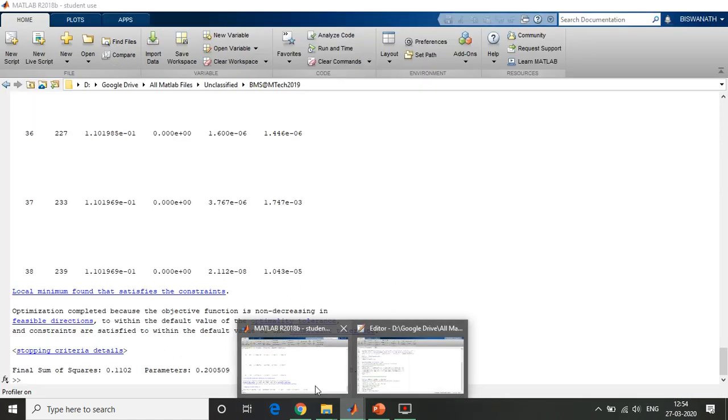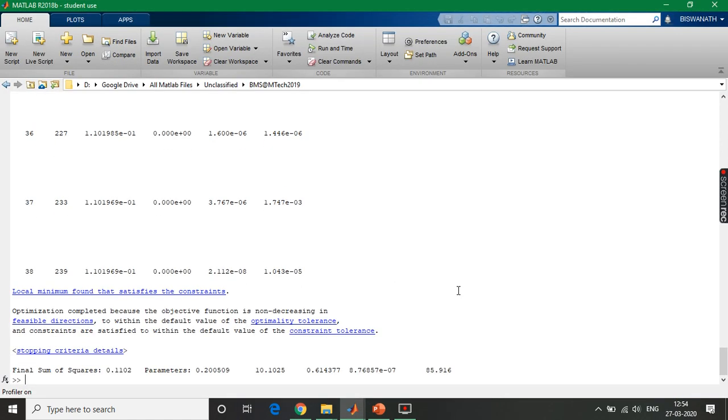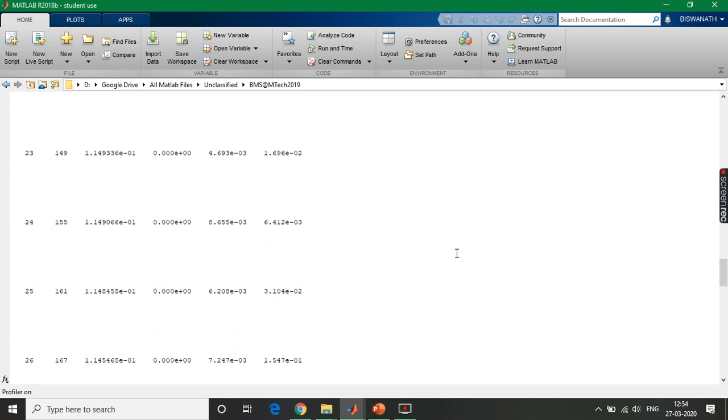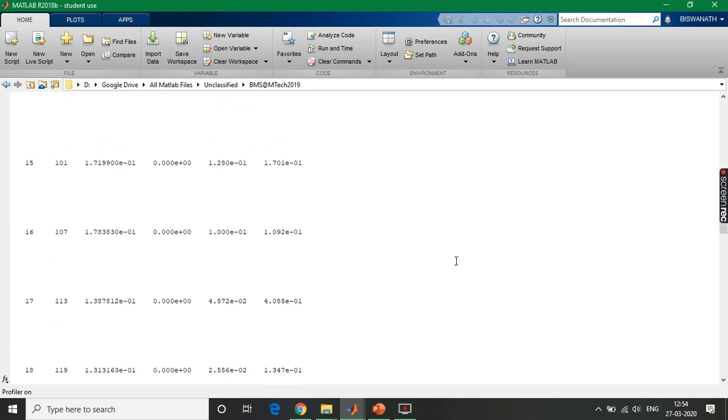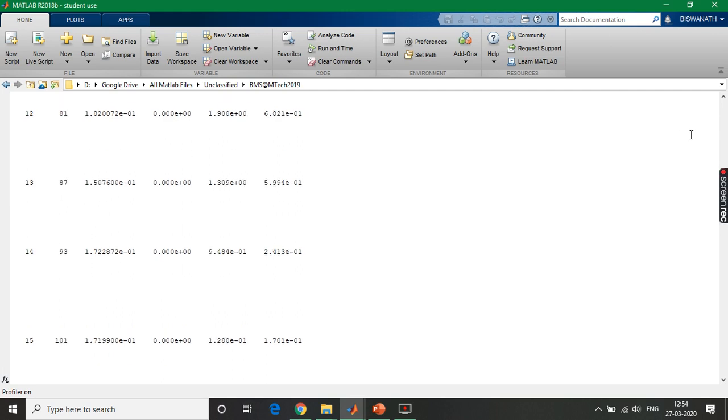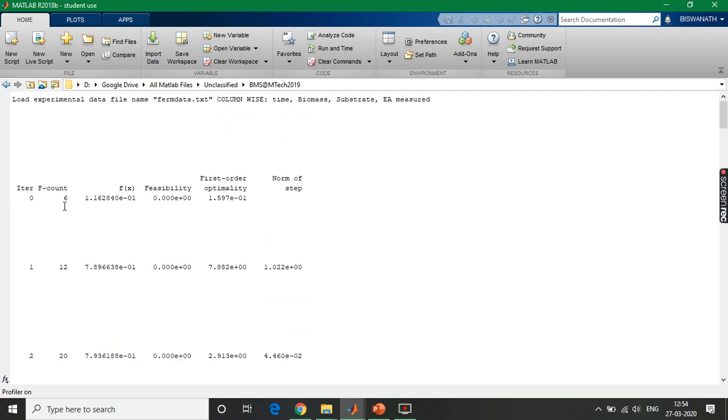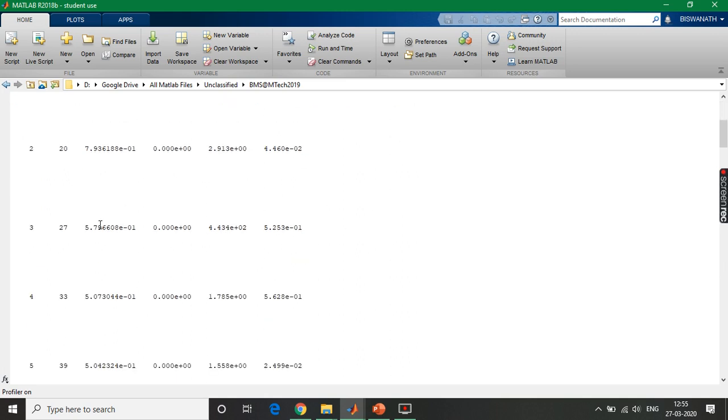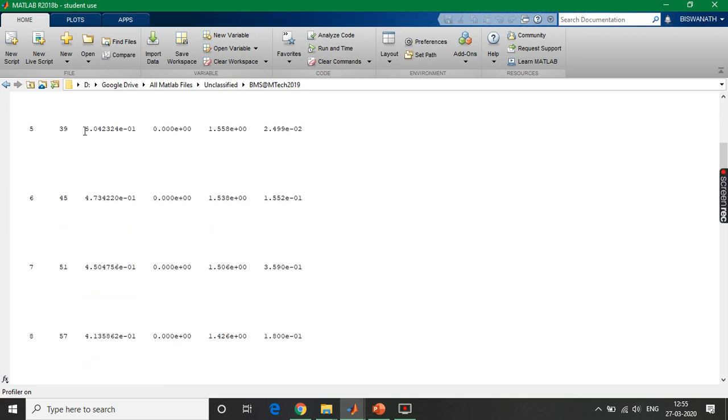Probably if we can see the solution space, finally you see, yes, so it has shown you the different runs through which it has gone. Probably you can see a better way, that is iteration, function count, how many times the function is being counted, the function values, fx, that is the sum of square error values rather, and feasibility, whether it is going to change, and normalization of the steps. So you can see when the function is solving, the square error value is slowly coming down,